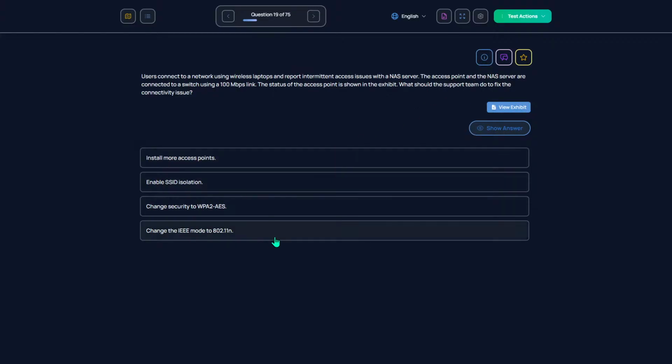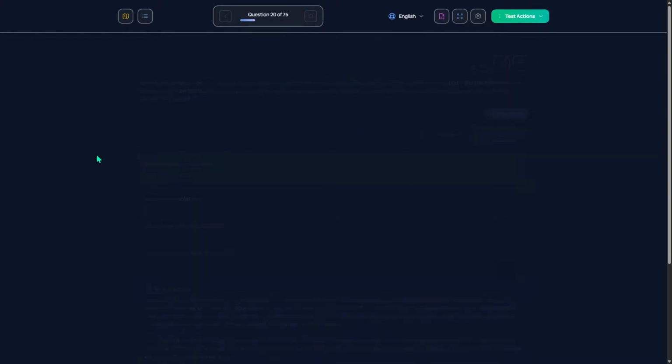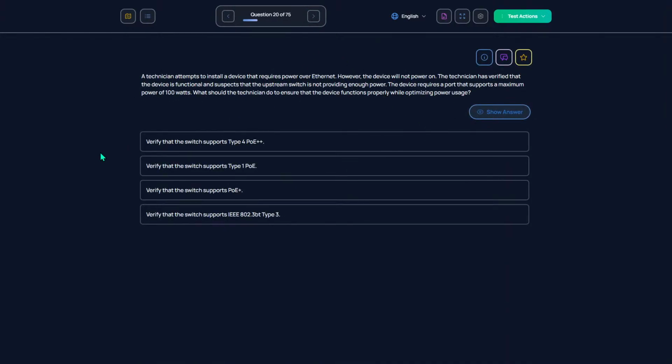They should install more access points. A tech attempts to install a device that requires power over Ethernet. Oh yeah, this one's type 4 PoE++.